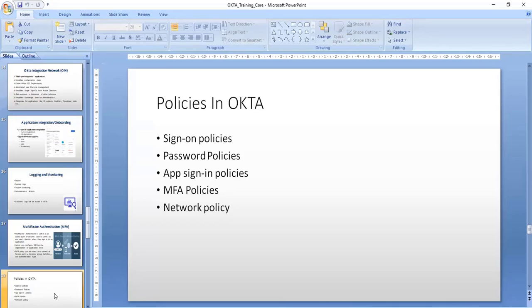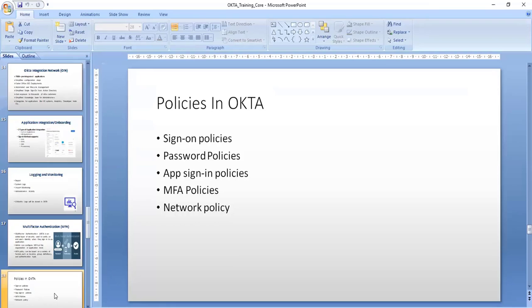Okay, how does that password policy look? For example, you should have a minimum length requirement of 10 characters. In the 10 characters there should be one special character, one capital letter, and one number. And you should not define a common password.